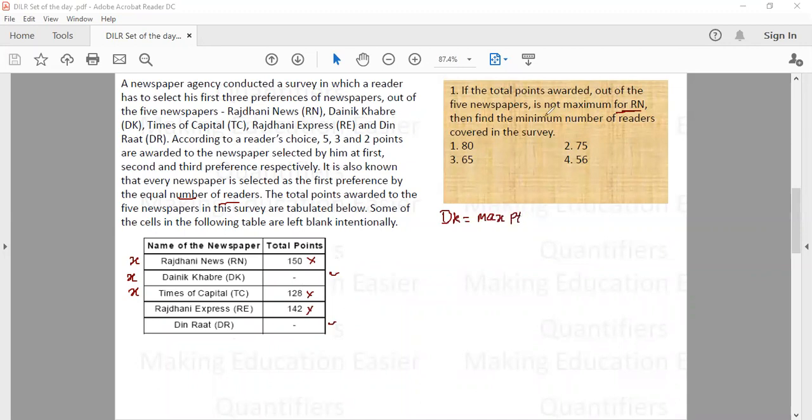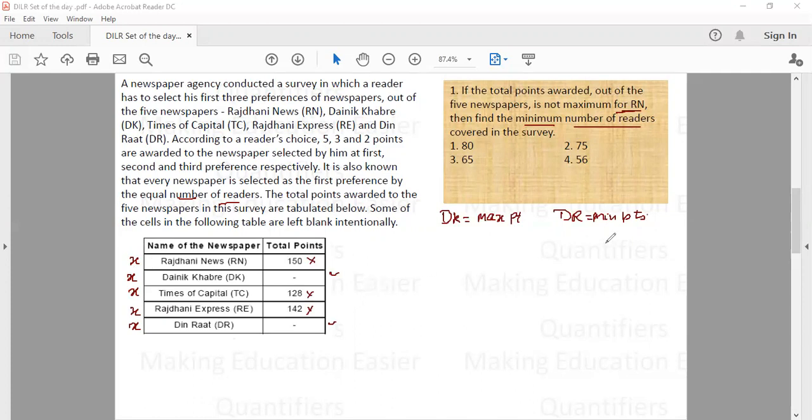And since the question says that we have to find the minimum number of readers, to get the minimum number of readers, what I can assume is that DR is getting the minimum points. Since the points of the other 3 papers cannot be altered, they are already fixed. So I can play with the points of DK or DR only. So I'm assuming that DK is the paper which got the maximum points. And since the number of readers has to be minimum, I'm just assuming that DR got the minimum points. And since every paper got the first preference from an equal number of readers,